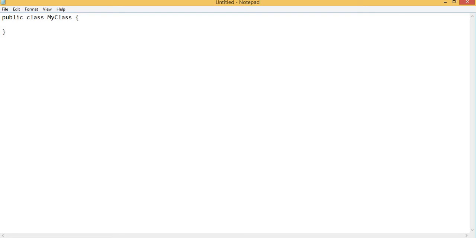So the next thing is, I have to define a main method. Like in C or C++ programming, Java also starts with the main method. So now I am going to define a main method. The main method will not return any value, so I will specify the return type as void and the method name is main. And as usual, the method will start with open brace and it will end with close brace.